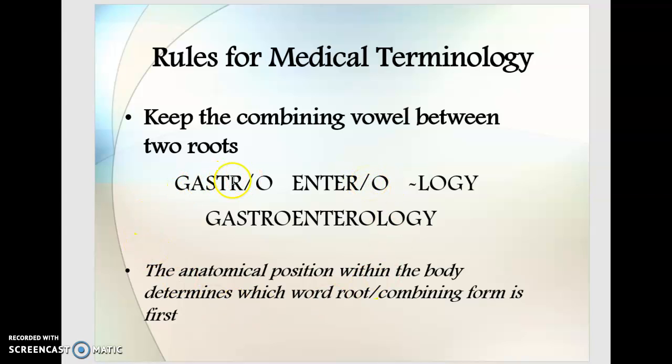We have two word roots, or two combining forms if you want to call them. Even though this begins with an E, we must keep this O in between these two word roots. So when we put that word together, we have the term